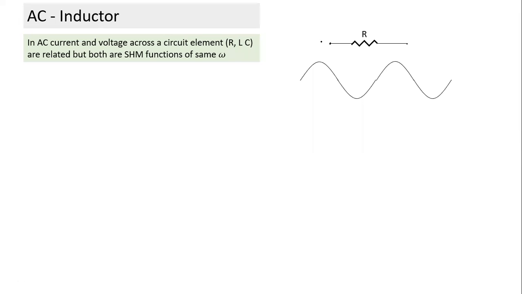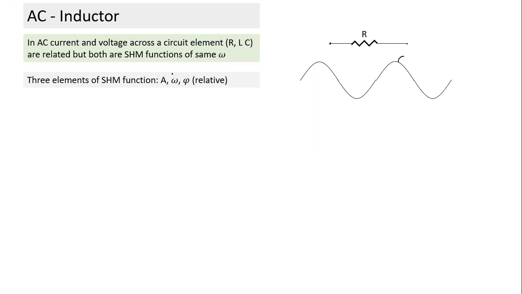When we talk about voltage across resistance, we are ignoring the rest of the circuit. If we apply a varying voltage across resistance, current also will vary with the same time period. Whatever value of omega the applied voltage has, current will have the same value of omega. In all three elements, if we apply a voltage across either R or L or C, and the voltage varies as a sine function, the current also varies as a sine function.